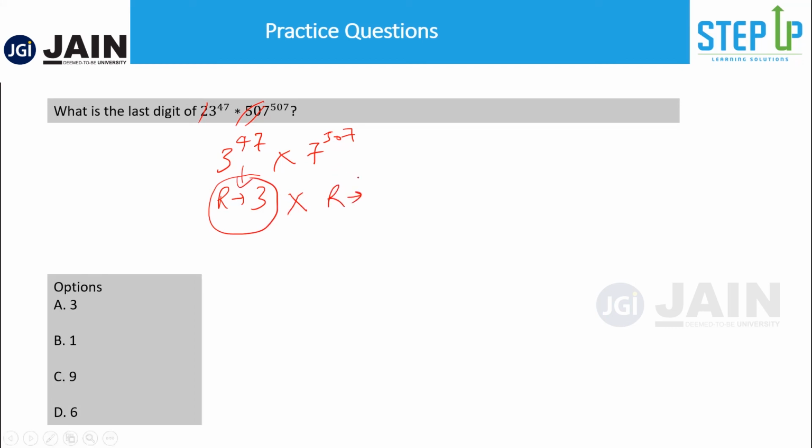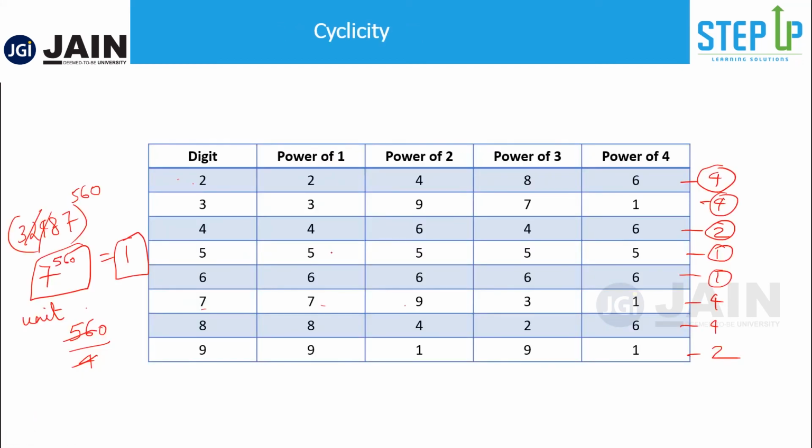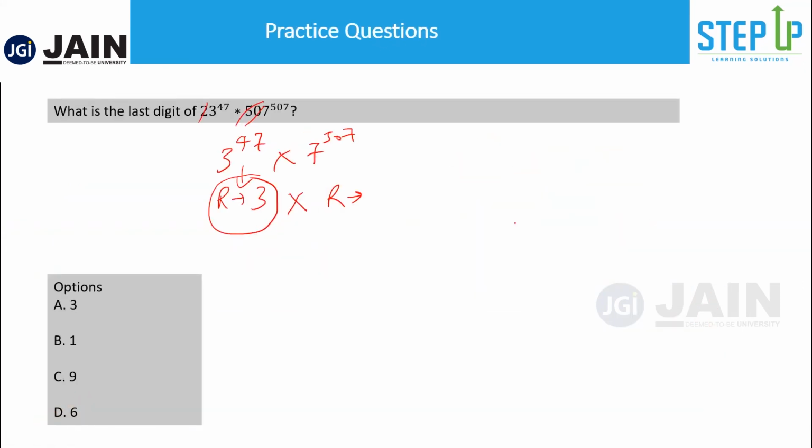With 7. Now if you look at the cycle of 7 also, this was 4. You can work it out, or you can keep it in your mind. That means for 7 as well, on cyclicity of 4, if you divide by 4 you will get a remainder of 3. That means here 3 to the power 3. 3 to the power 3 is how much? This ends with 7, right? 3 cube is how much?